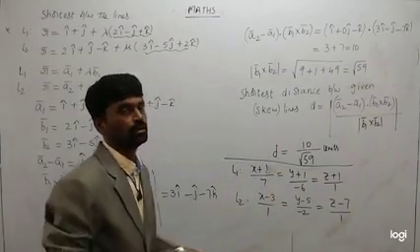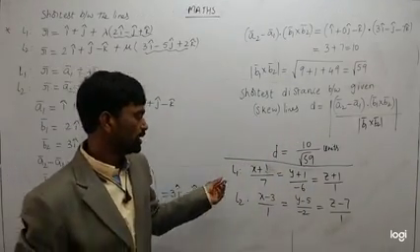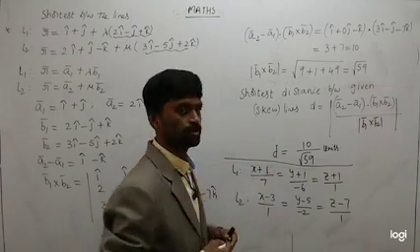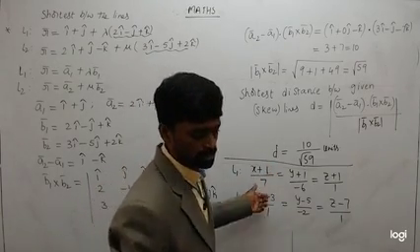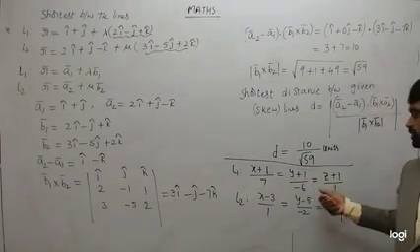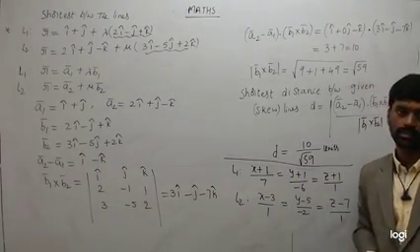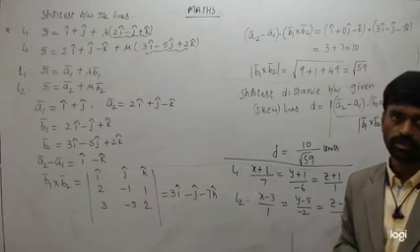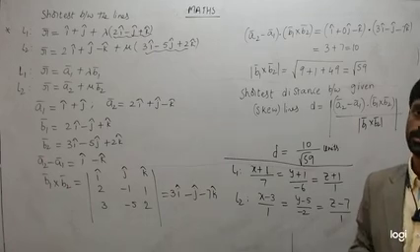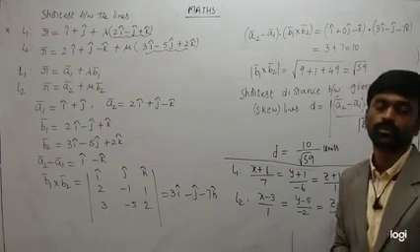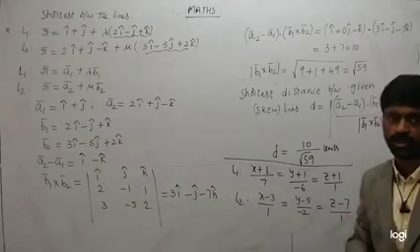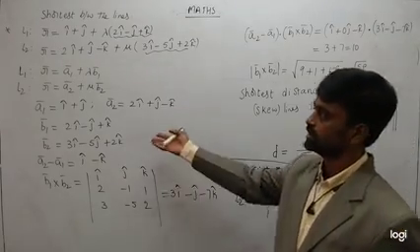Okay. So if the line equations are given in terms of Cartesian form, then the corresponding formula. First you have to compare the given equation with what? x minus x1 by a1, y minus y1 by b1, z minus z1 by c1. Then you will get x1, y1, z1, a1, b1, c1. Similarly here you will get x2, y2, z2 and a2, b2, c2 and use that formula. Or you convert both lines into vector form and use this formula.